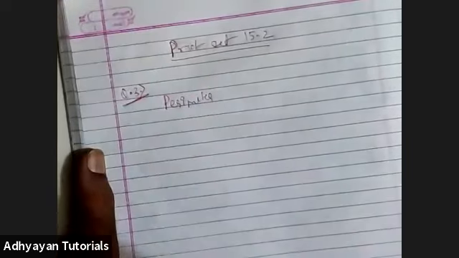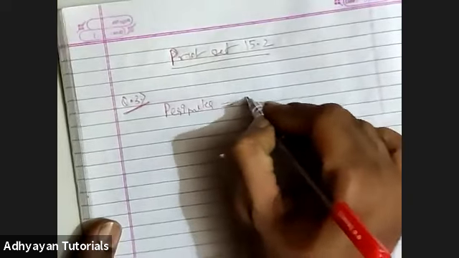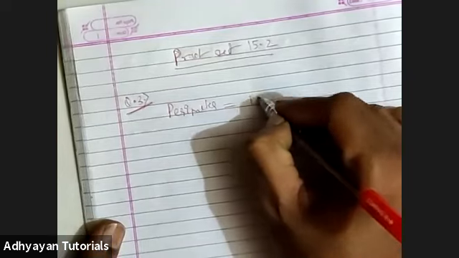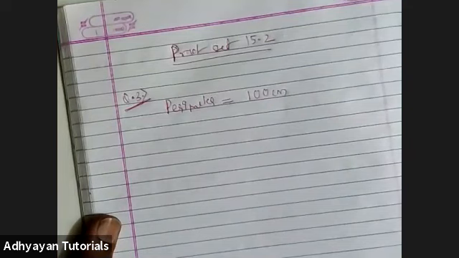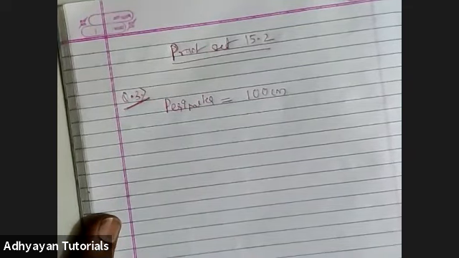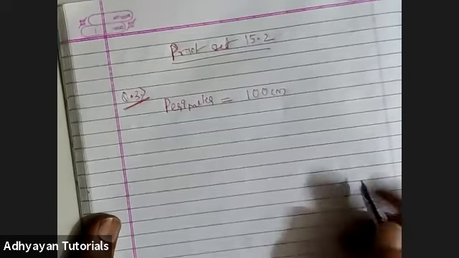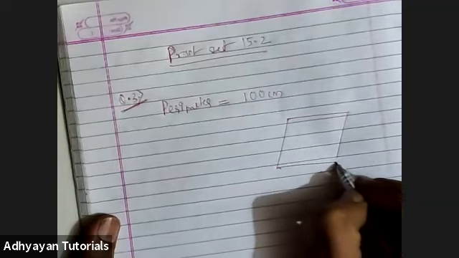perimeter, right? So can someone help me with what is the meaning of the word perimeter? The perimeter value in the question is 100 centimeter. Can somebody help me with the meaning of the word perimeter? What does perimeter mean? Here the perimeter of the rhombus is given. So if I try to draw a figure, let's say this is the rhombus, right?